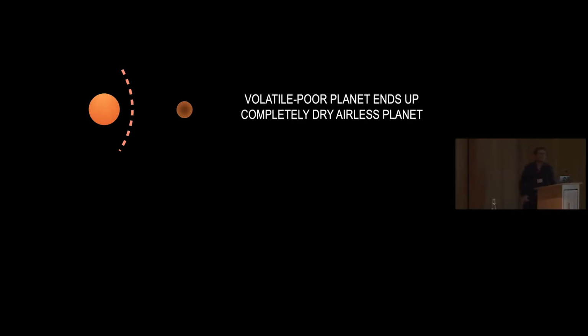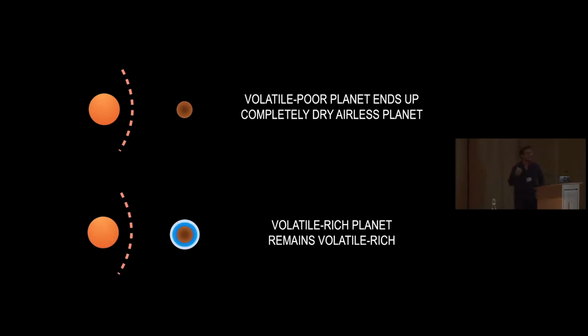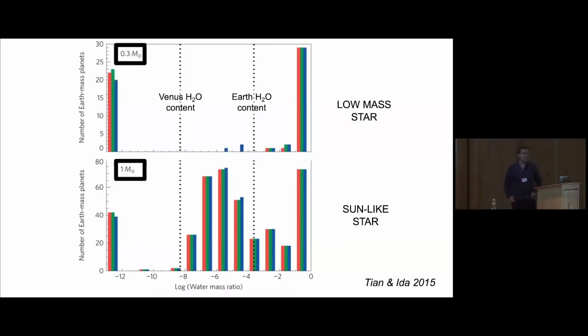But what if, as has been pointed out again earlier in the week, we start with a planet that, due to formation history and migration history, has a much larger water content, large enough that it can survive this pre-main sequence phase during a significant fraction of which the planet would otherwise lose its atmosphere and its volatile content? Then if you start rich, you have to remain rich.